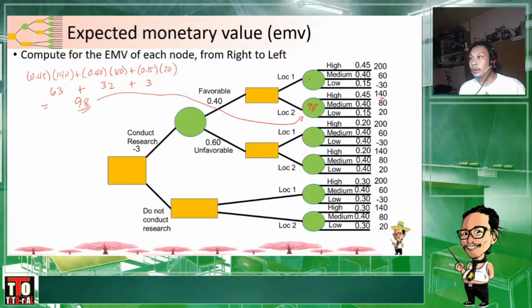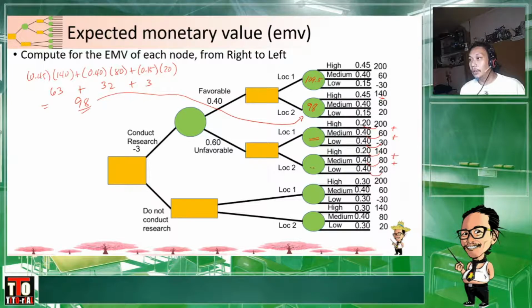Sorry guys, nabura ko yung una. So, that would be 109.5. Okay? So, tatry naman natin ngayon dito kay unfavorable location 1. But then again guys, i-multiply lang natin itong dalawa, tapos i-add, plus ito, and then plus ito naman. Okay? Para makuha natin yung EMV para sa location 1. And then, ganun din naman dito. Then, nakikita nyo guys, kung madali lang naman siya.